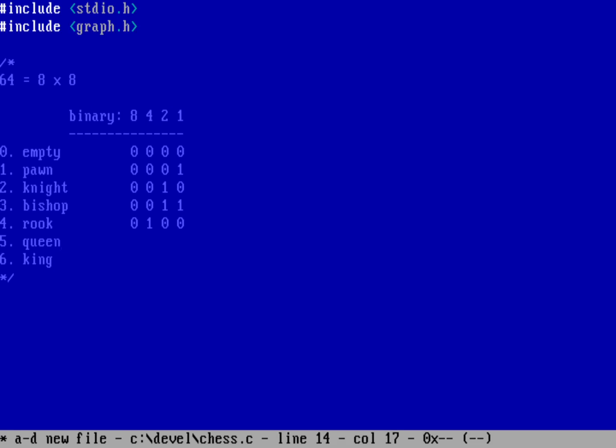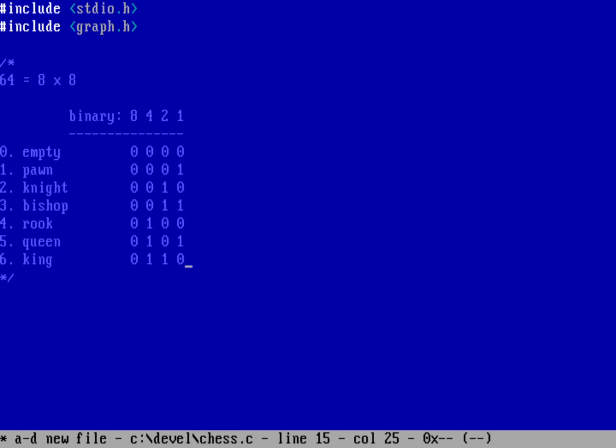And a number 5 is 0, 1, 0, 1. And then the number 6 is 0, 1, 1, 0, right? So that's my binary representation of all of the pieces that I could store on the board, including, by the way, the